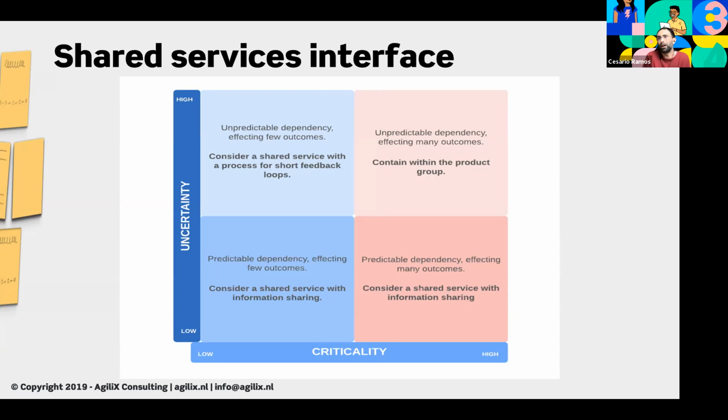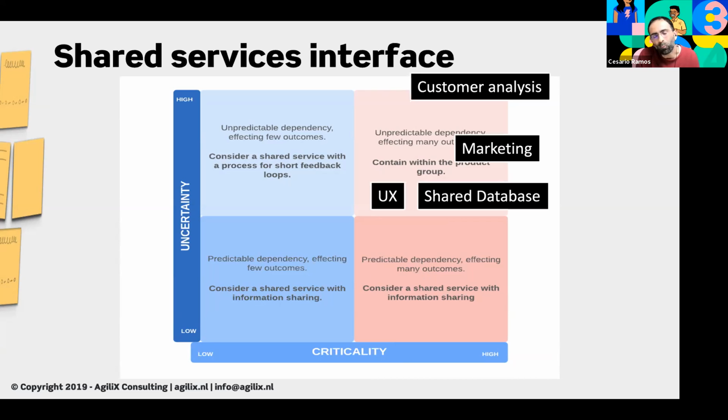And uncertainty is about this shared surface: does it introduce uncertainty, like proper delivery in time, delivery of the right thing of the right quality, etc.? So the higher the uncertainty, the more nervous you can become as a product group. And